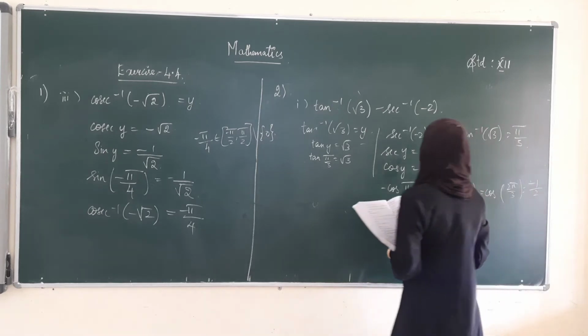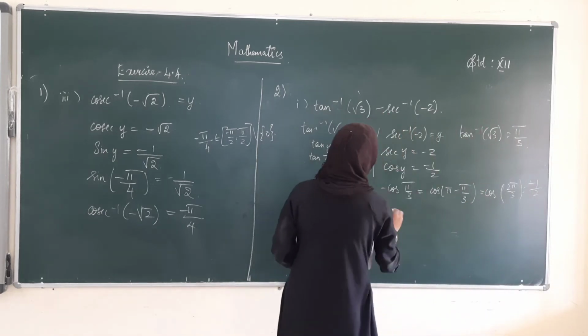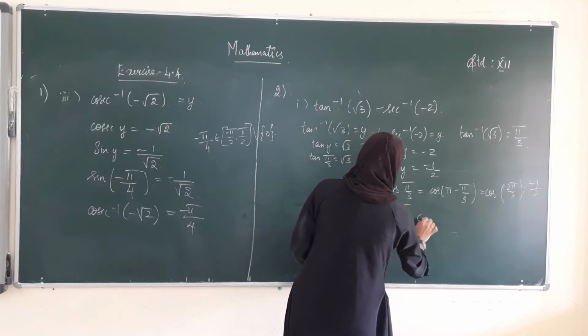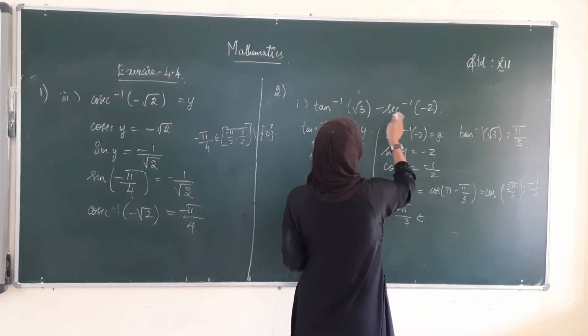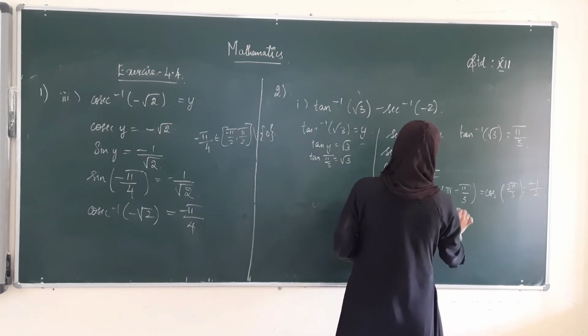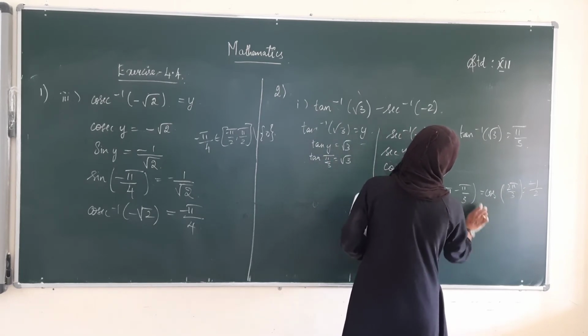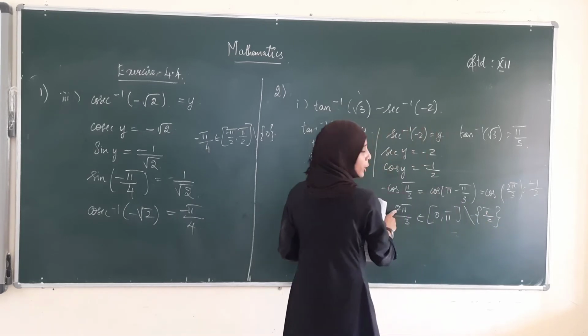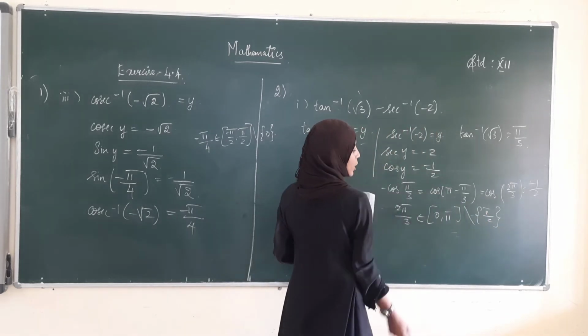We have to show that 2 pi divided by 3 belongs to the range of secant inverse function. What is the range of secant inverse function? That is closed interval 0 comma pi restricted pi by 2. Okay. Surely 2 pi by 3 belongs to this range 0 comma pi.